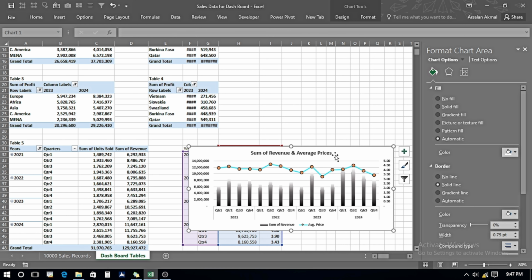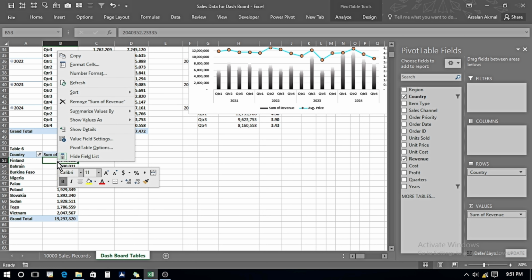Click over here, I want top 10, right click, filter, and then select top 10, press OK, and while clicking on the values, right click, sort largest to smallest, and here again I will be just bringing out this data, country name, sum of revenue, copying and pasting it. Press Ctrl A to select this piece of data. Go in Insert. In bar charts, I select the bar chart over here.